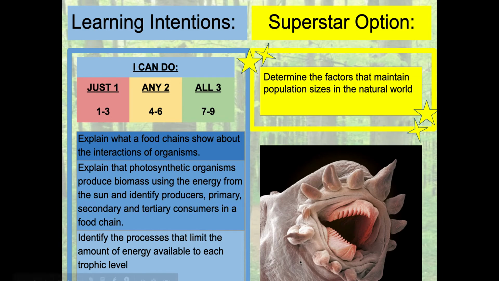If you were to draw your food chain from the bottom of the page to the top of the page, you'd have levels as you go up until you get to the final tertiary consumer. Here we have a delightful picture of a parasitic worm. We will touch on parasites briefly at the end.